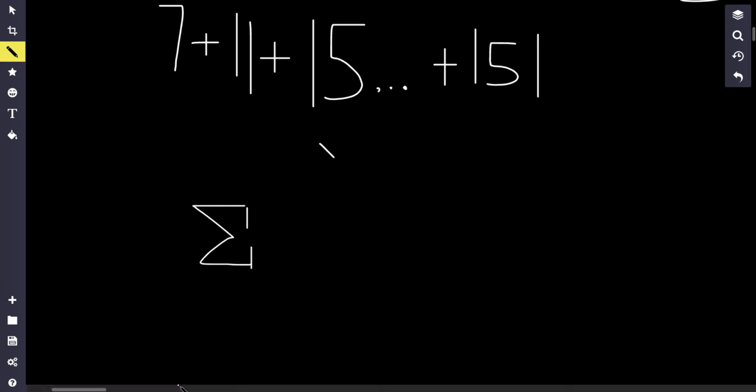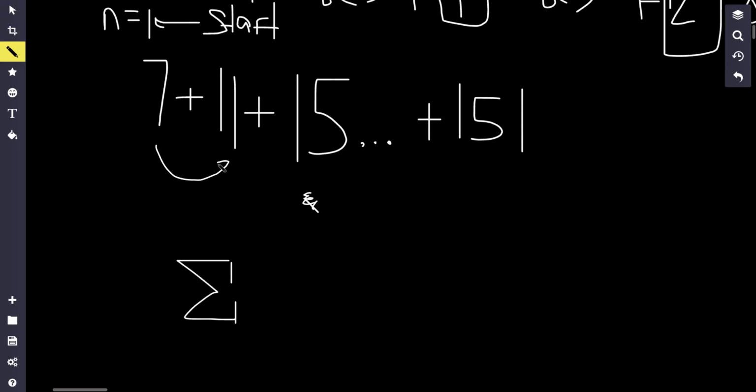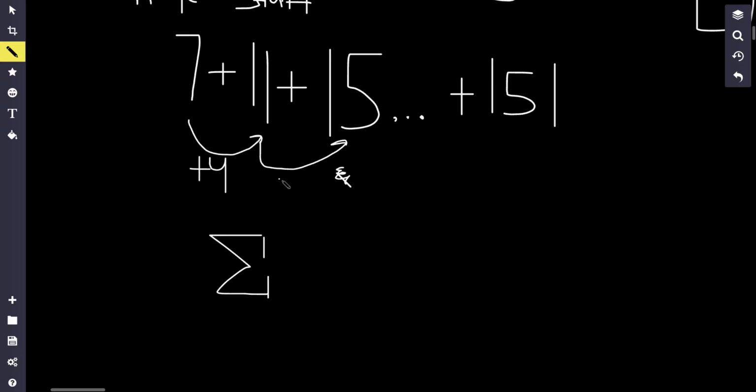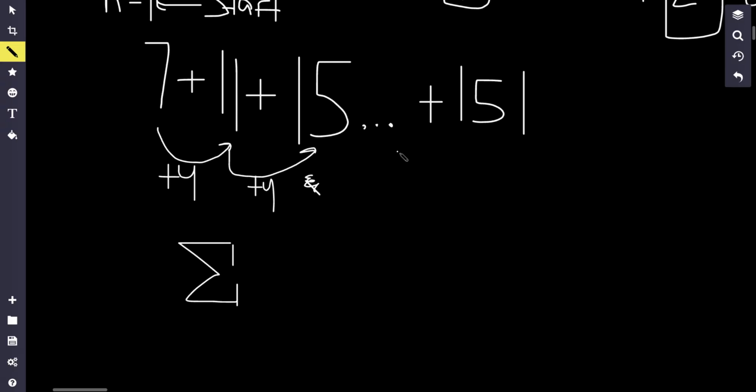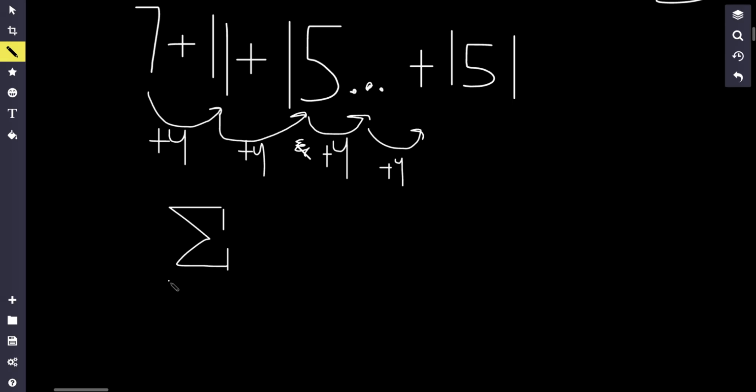So summation notation. So how can I do this? Well, okay. So let's just see what the pattern is. Notice how as I go from one term to the next term, I'm adding 4 each time. This ... represents that basically we're going plus 4, plus 4, plus 4, and we're going all the way up to 151. So we can say that this series right over here starts from, let's say, the first term,